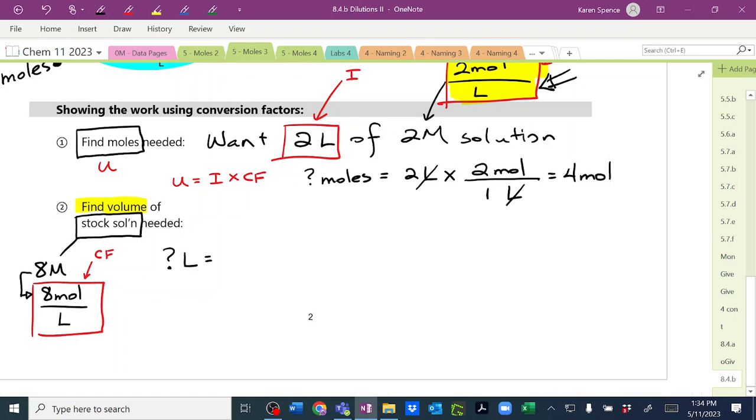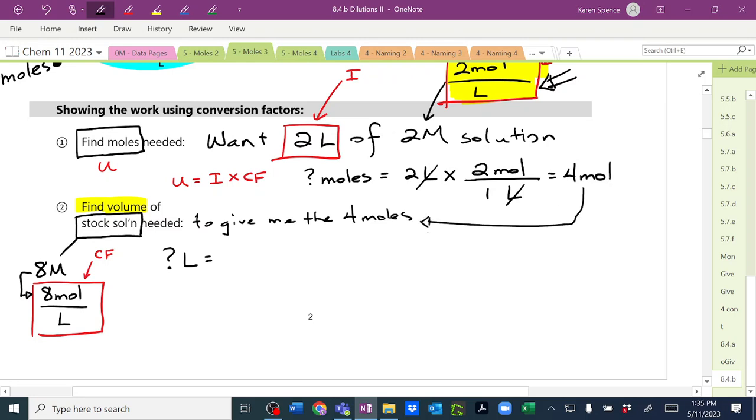We would go back to our previous step and say, I want to find the volume of stock solution needed to give me the 4 moles that I just found. Yes? So the 4 moles becomes the initial quantity. So I want 4 moles